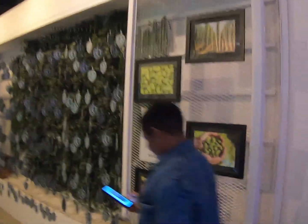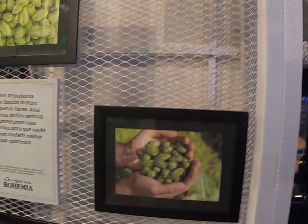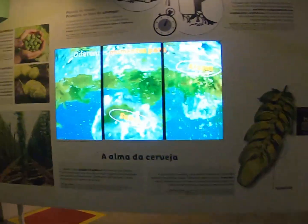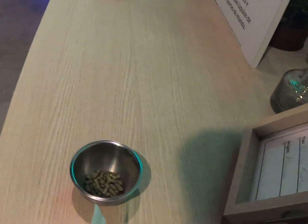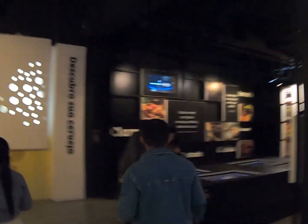And most important, the hops. Now, the hops give the quality to the beer, which is why I love Czech beer so much, because the Czech Republic, Czechia, they grow the best hops in the world, in my opinion. And that's why Czech beer is so special, the way they grow the hops. But Bavaria is on the border, so Bavarian beer is also very, very good. So there you go, there's the hops you can touch. So the three